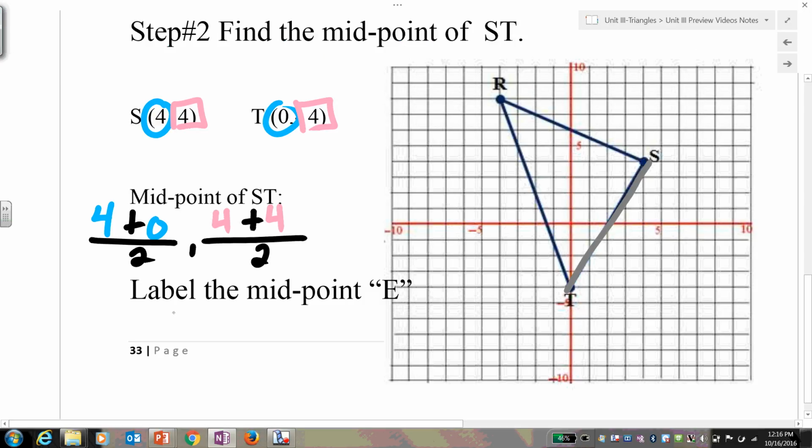So 4 plus 0, that's going to be 4 divided by 2. 4 plus 4 is 8 divided by 2. So this ends up being